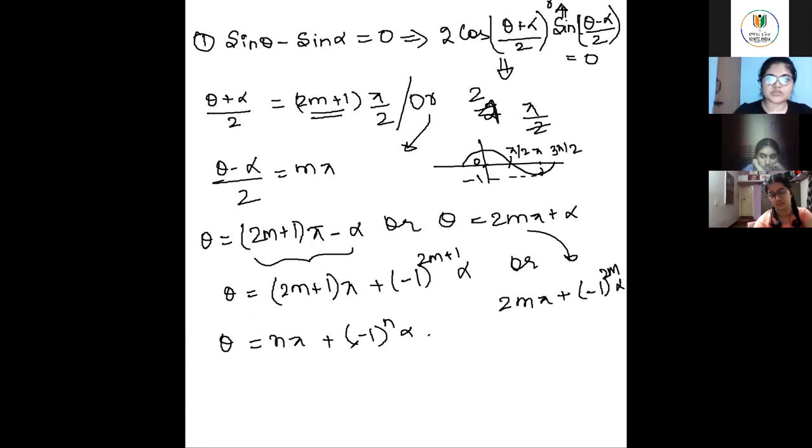So suppose cos theta is equal to cos alpha. Again, you have to take everything to the LHS, convert it in the same manner that I have done for sin theta, and then you can find the answer like this. So finally, you have to learn or remember the final answers. Proof is not going to come in the exam, so there's no need of proof, but you should know how you ended up with the following values. Okay, so let's see.